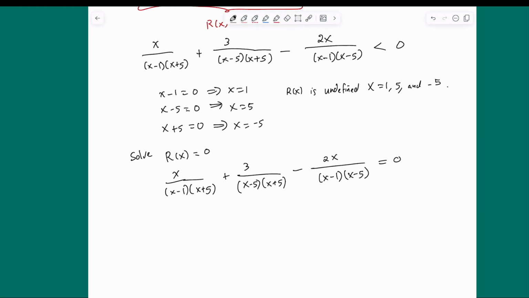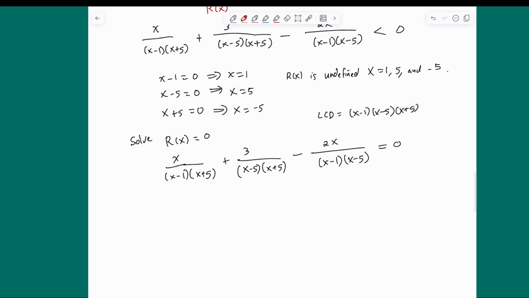And I like to build up the common denominator, which in this case, the LCD is x minus 1 times x minus 5 times x plus 5. Our first fraction, x over x minus 1 times x plus 5, already has 2 of the factors, so we need to multiply top and bottom by the third factor,